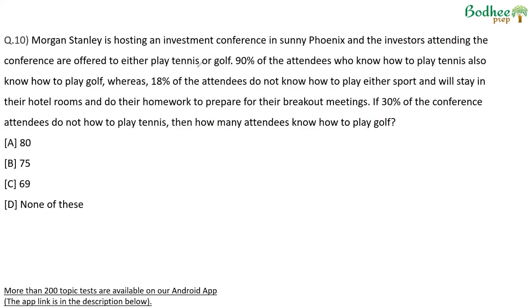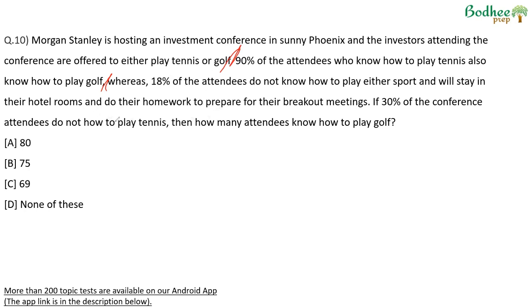Morgan Stanley is hosting an investment conference in sunny Phoenix, and the investors attending the conference are offered to either play tennis or golf. 90% of the attendees who know how to play tennis also know how to play golf, whereas 18% of the attendees do not know how to play either sport and will stay in the room. Suppose there are 100 people who have been called,